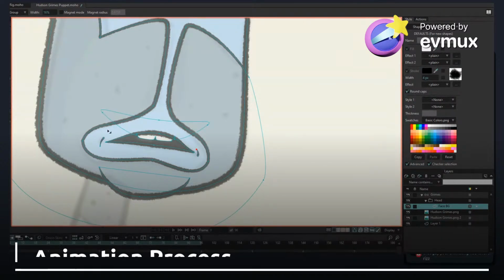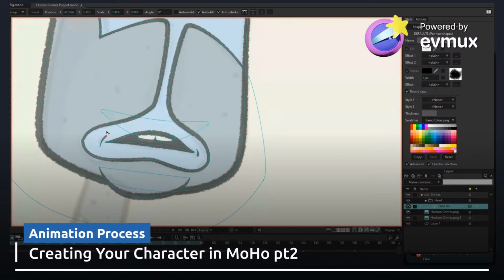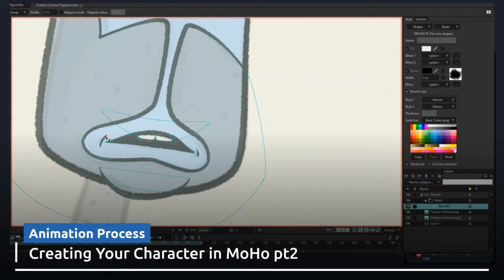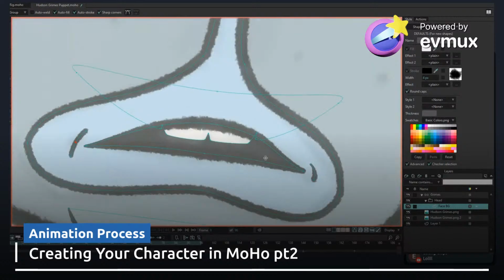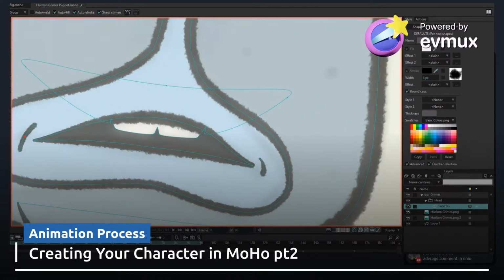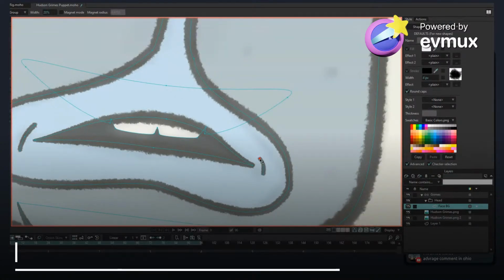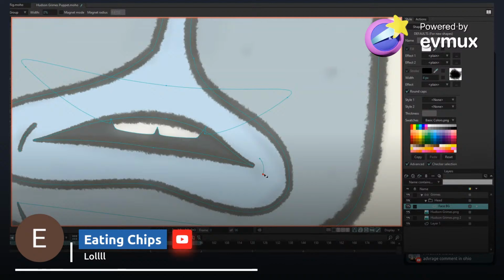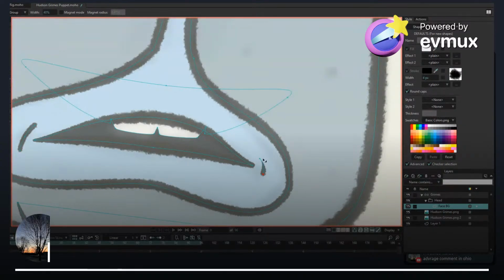Okay, so one other thing. When you're doing your curves, like a curved line, and you're adjusting the width, I find it better to have an extra point. I can make this curve with 2 points, but when adjusting the width, it's adjusting the whole line. If I want this end to come to a point and this end to come to a point, then I'm just losing my line.